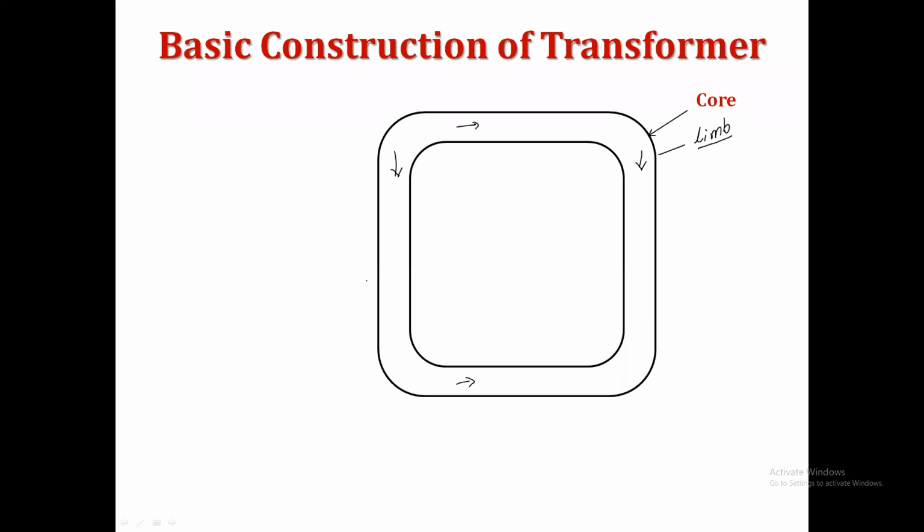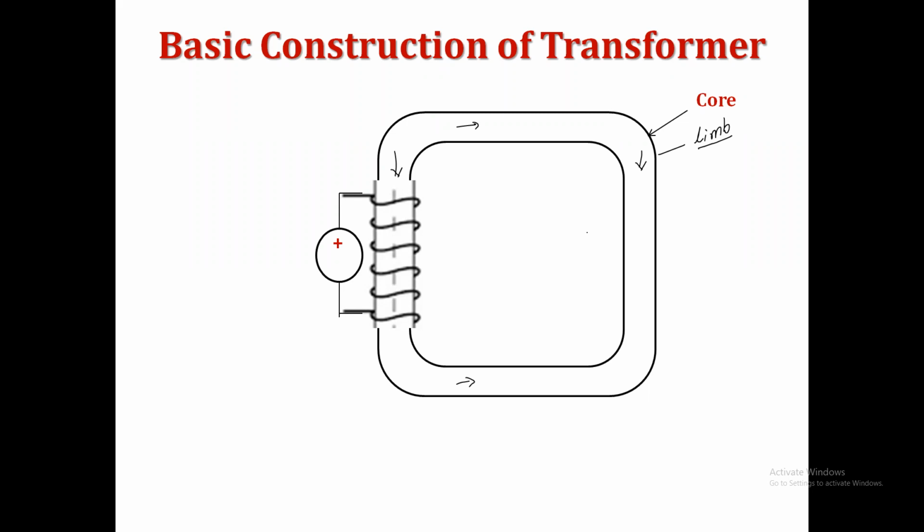Okay. So on these two vertical limbs, the windings are wound in a number of turns. So let's consider that this is the primary winding having N1 number of turns. And why do we say that this is the primary winding? Because it will receive the energy. Now, receiving energy means it is connected to the supply. Get it, my point? So when I say this is the primary winding, it is connected to the supply.